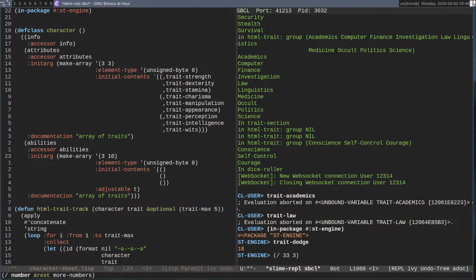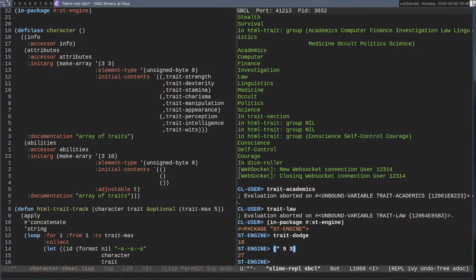33 would be 11 each. Nine times 3 is 27. Nah, unless, what, 32 plus something. 32 plus 4 is 36.